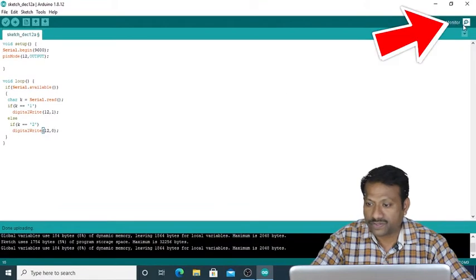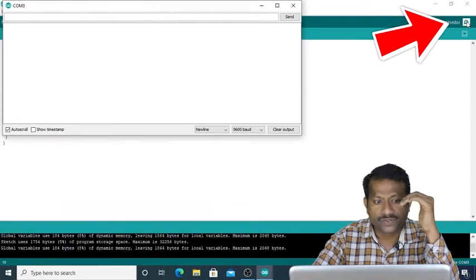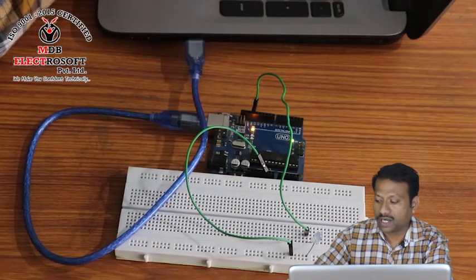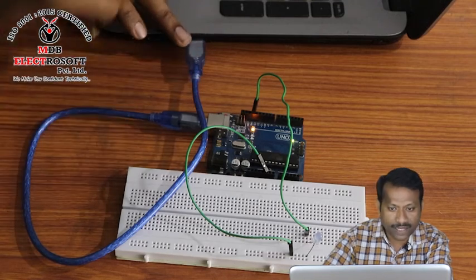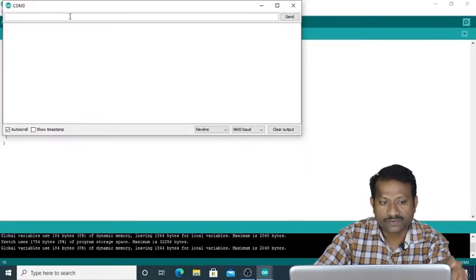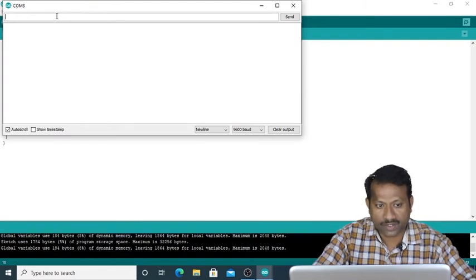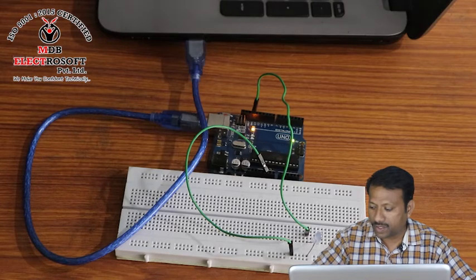Now this is a utility application in the Arduino software, by using which, if the Arduino is transferring data through the serial port, that data will become available in this particular window, and if I transfer data from this command line, it will transfer from my computer to Arduino.